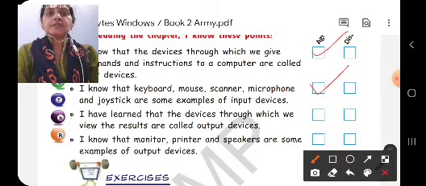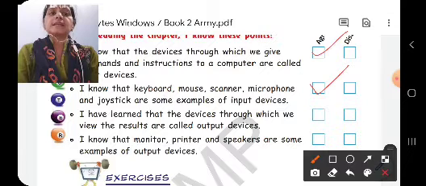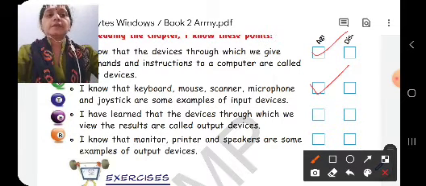But we need some devices to show this output, that is monitor, printer, or speaker, from which we also get a few results. So children, these are the output devices. So here we can see we have understood this topic from the chapter.